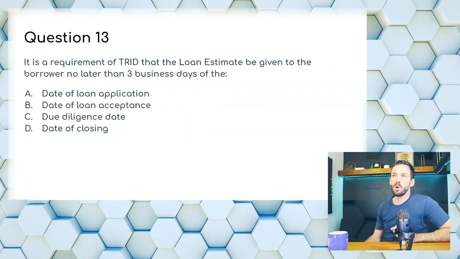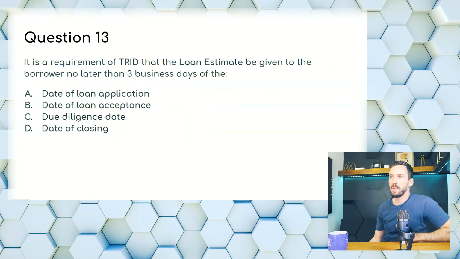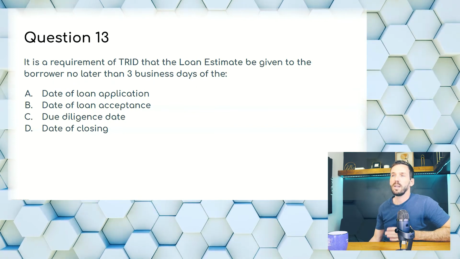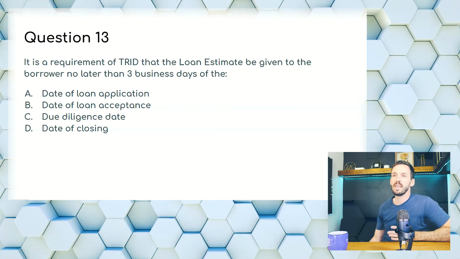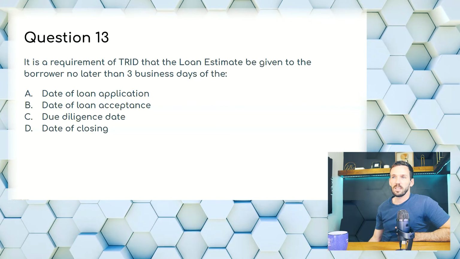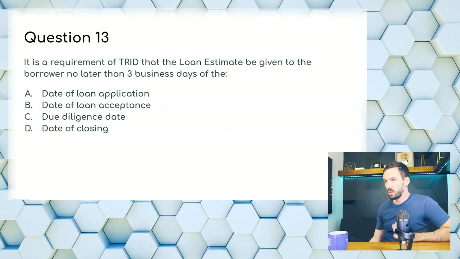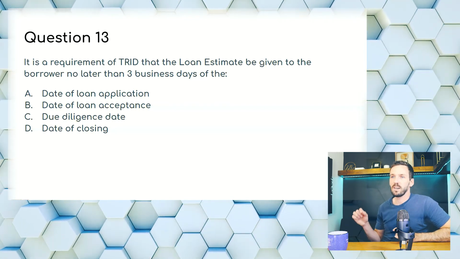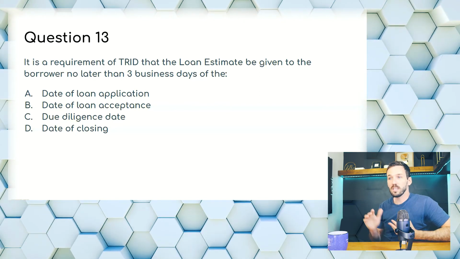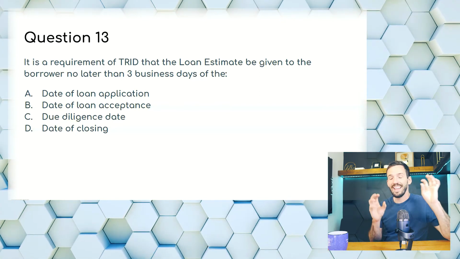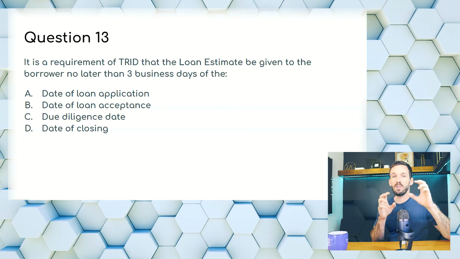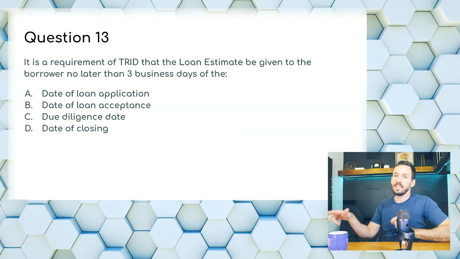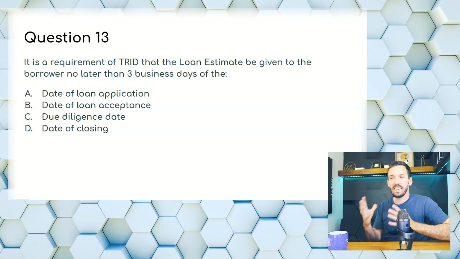Question 13. It is a requirement of TRID that the loan estimate be given to the buyer no later than 3 business days of the date of loan application, date of loan acceptance, due diligence date, or date of closing. So once a buyer talks to lenders and picks one and moves forward, that lender has 3 days to get over a loan estimate. This is so that the buyer can see the fees and decide to switch lenders if